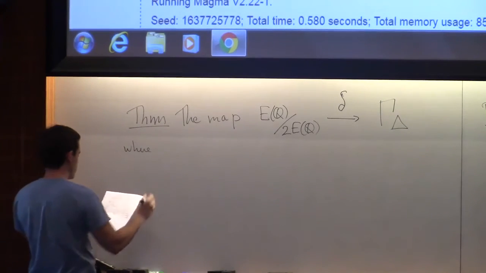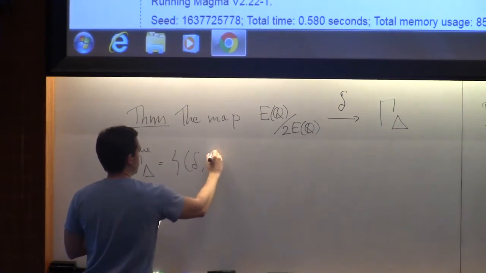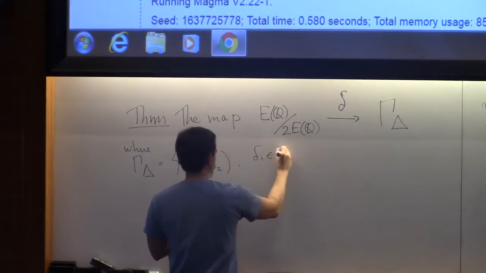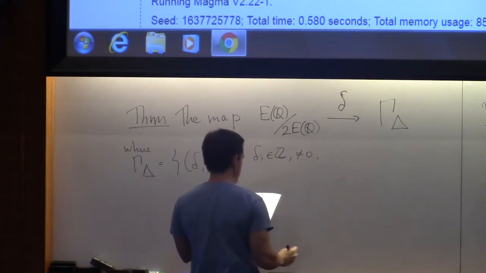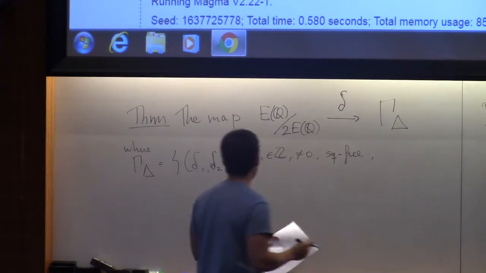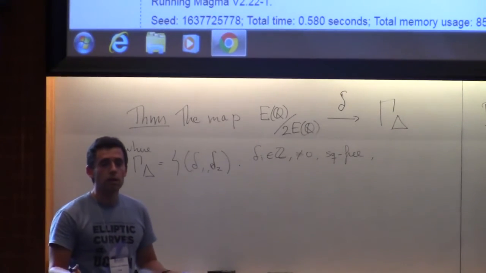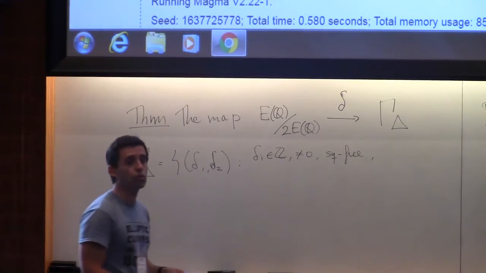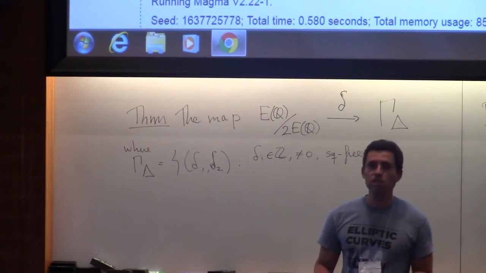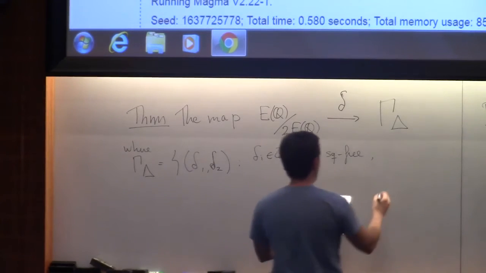What's the image? So gamma delta is the space of delta 1, delta 2s, where these deltas are non-zero integers that are square free, and there are a lot of numbers that are square free in the integers. Just take any prime, that's one of them. So I want to restrict that, and it turns out you can restrict that. This is some corollaries. This is also explained in chapter 2, how this comes about. But the numbers that appear are